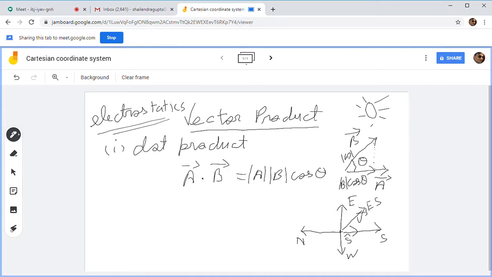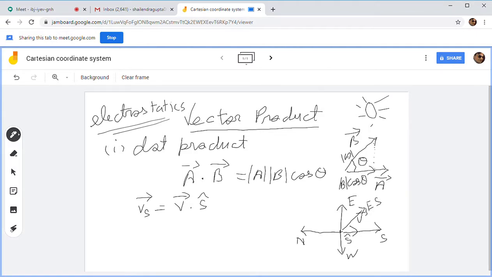So if you want to find how much of this vector V is in the south direction, you just need to take the dot product of your vector V with unit vector S. So what will be vector V in the south direction? It will be vector V taking a dot product with unit vector S. What is unit vector S? We have already defined this as being in the direction of south.